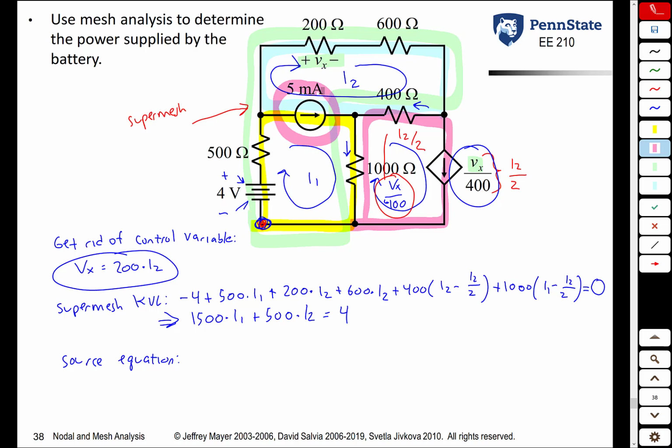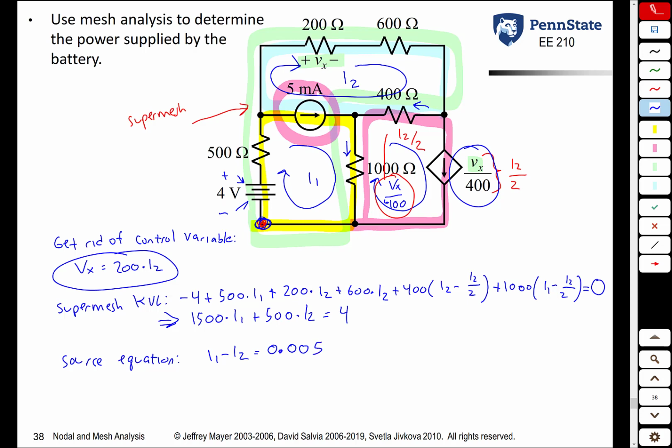Why is it I1 minus I2, not I2 minus I1? Because the current source is going left to right, and that is the same direction as I1, it is the opposite direction of I2. Had the current source gone to the left, it'd be I2 minus I1. Or had we defined our current variables I1 and I2 differently, maybe making one of them counterclockwise or both of them counterclockwise, the equation would be different. But the way we define it, I1 minus I2 is 5 milliamps,